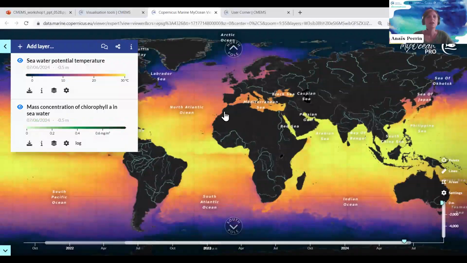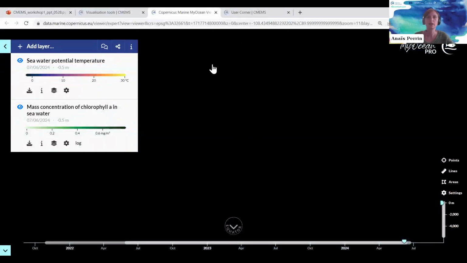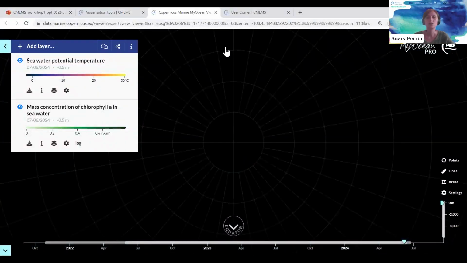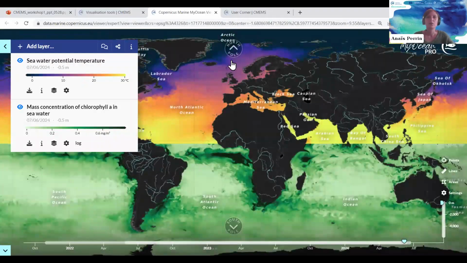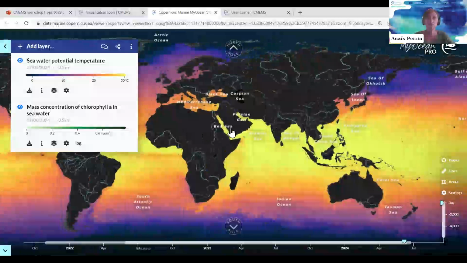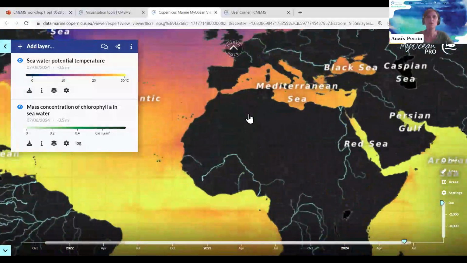So here you are on the interface. As you can see, you can first change the projection by clicking on one of these arrows. Here you have the North Pole projection and the South Pole projection. You can click and drag the map with your mouse